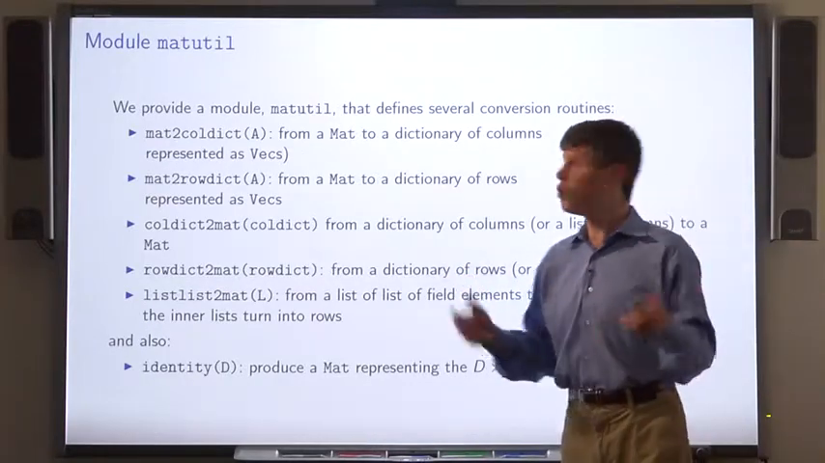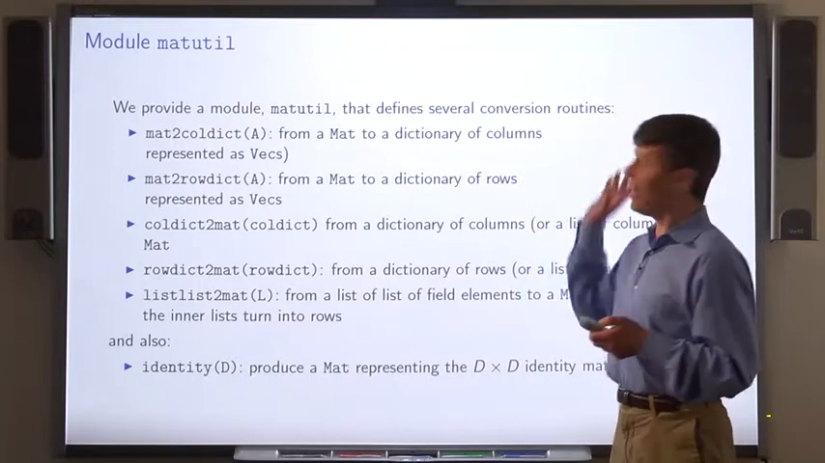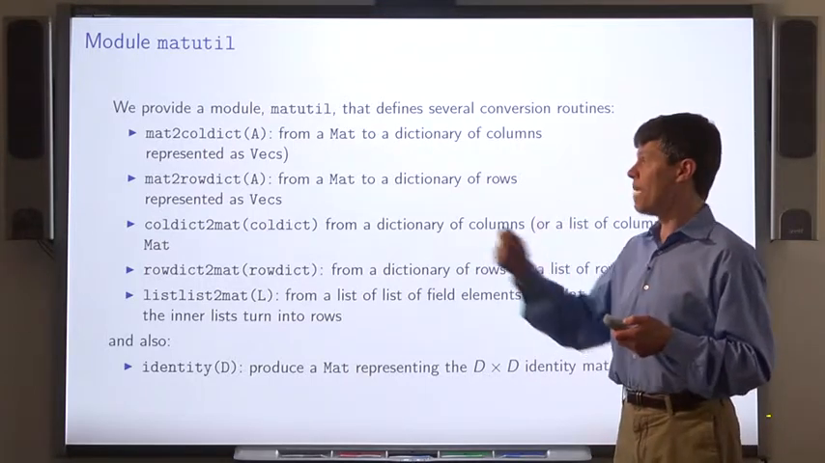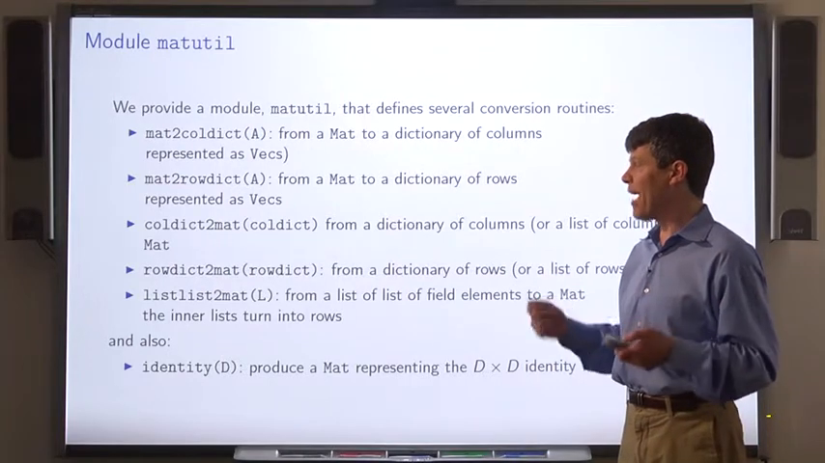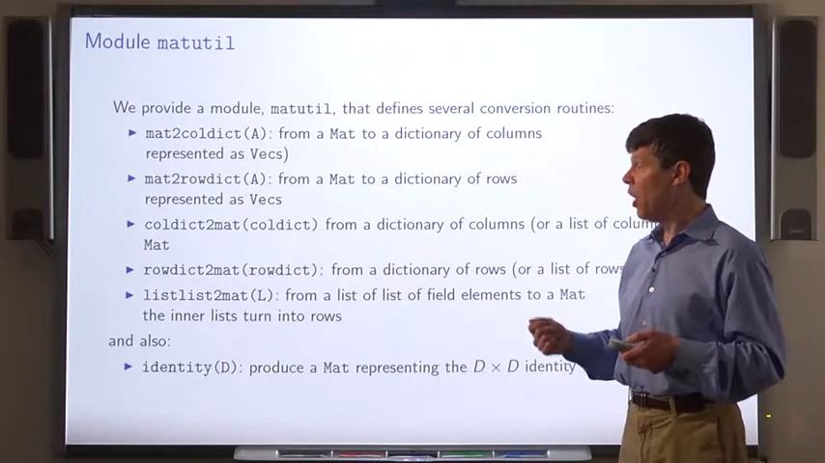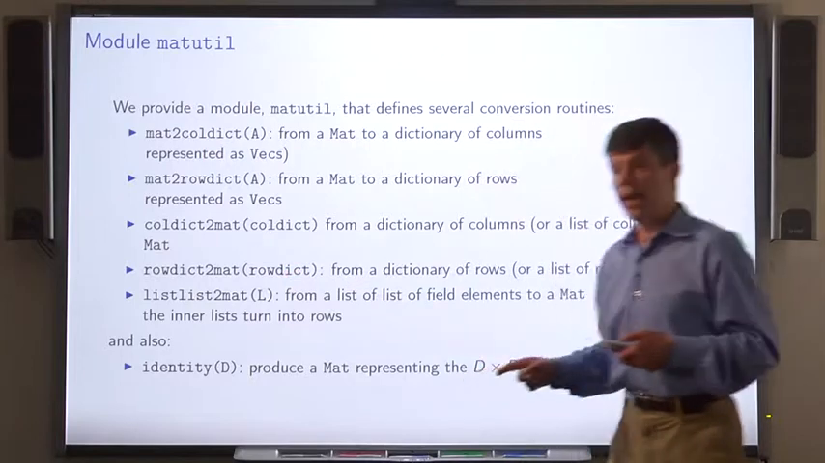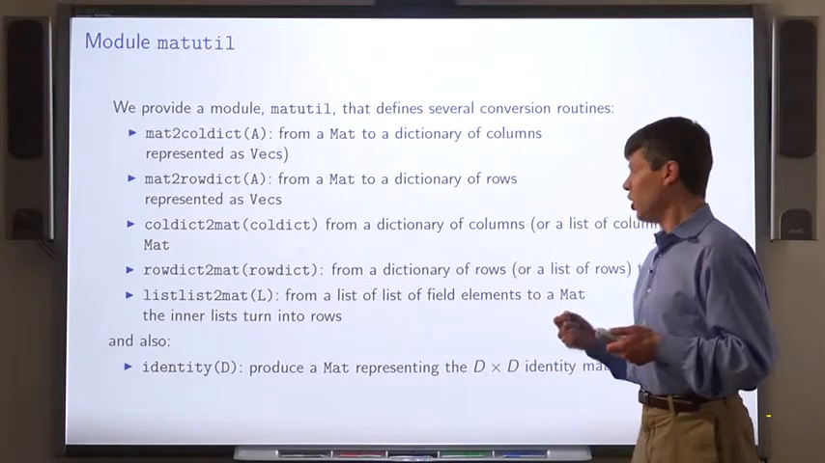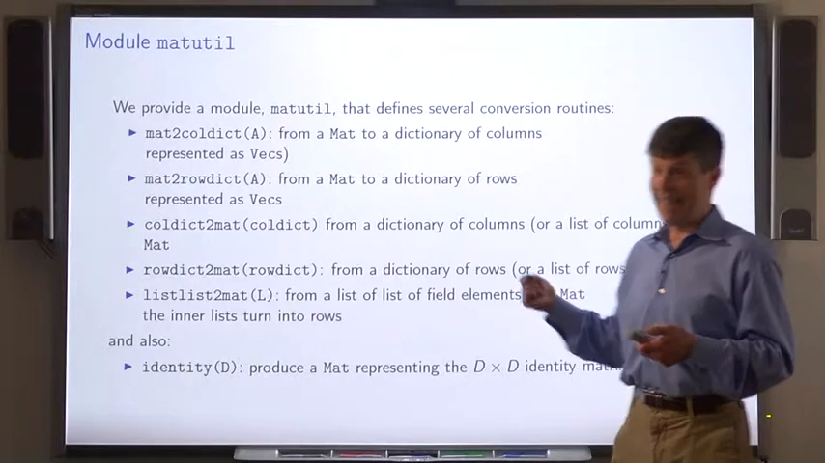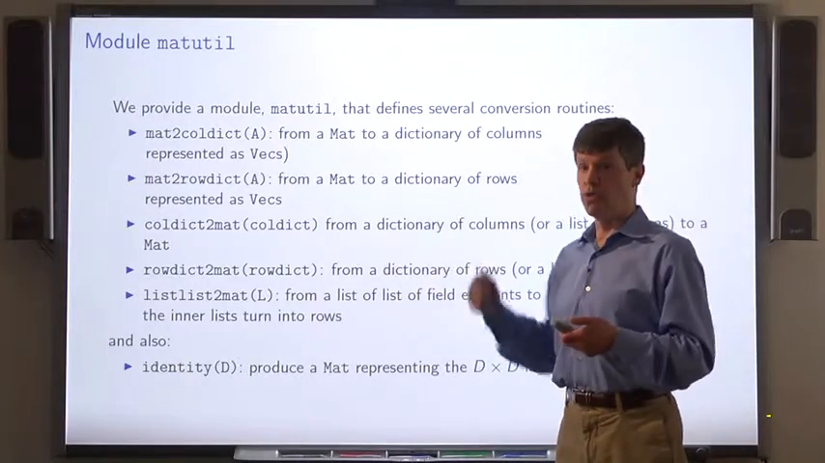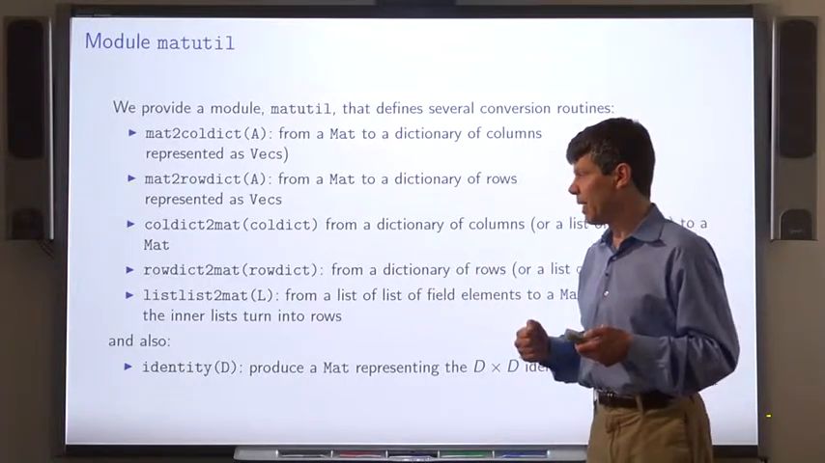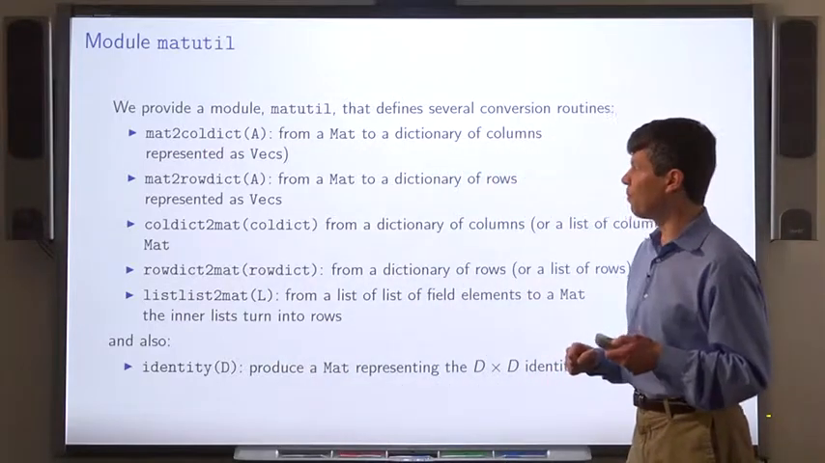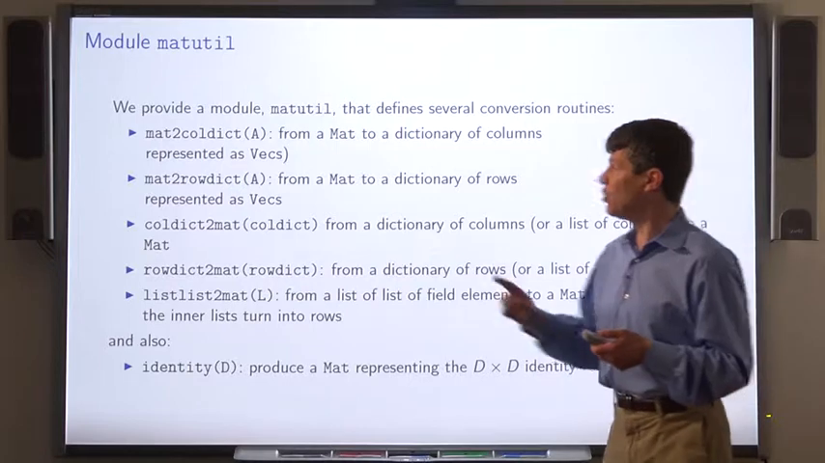We provide a module, MAT-util, that defines various conversion routines, such as MAT to COLDICT, MAT to ROWDICT, COLDICT to MAT, ROWDICT to MAT, and list to MAT that converts from a list of field elements to a matrix such that the inner lists are the rows of that matrix, and also the identity procedure that you wrote. I should note that